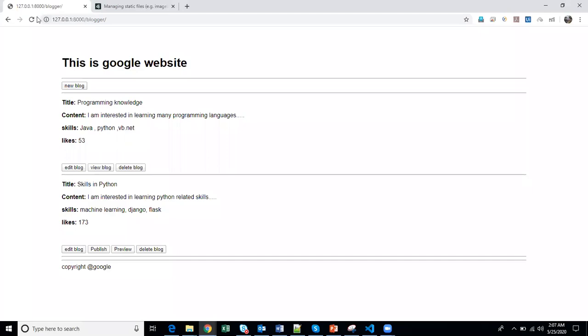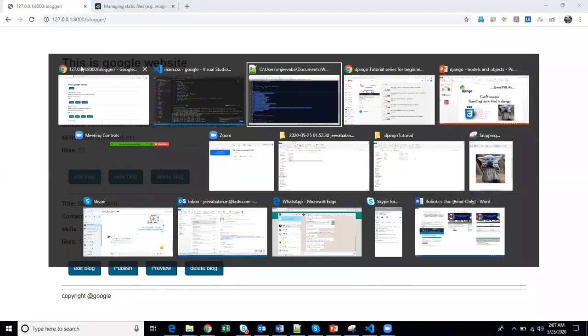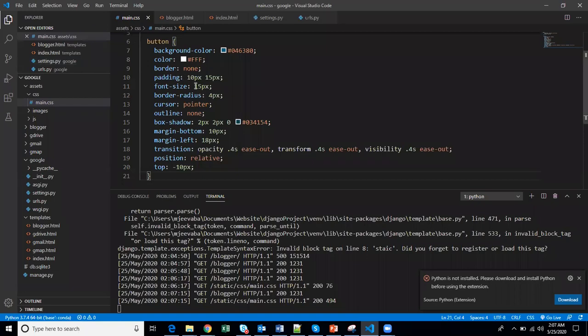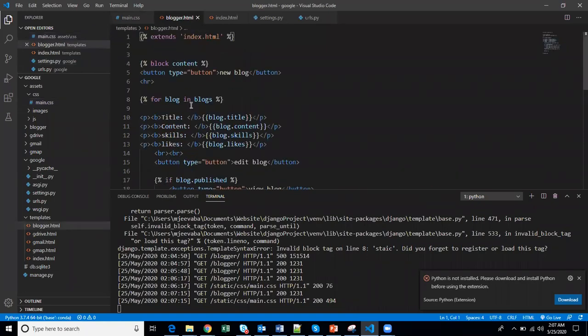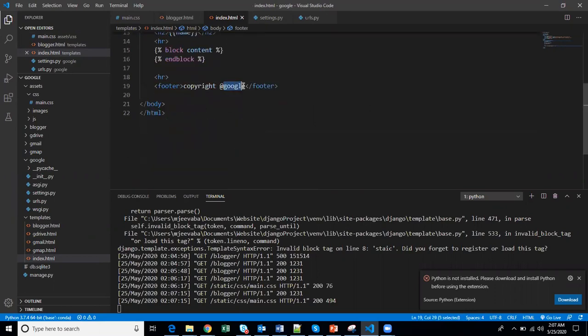Immediately after changing it, you could see the button is good. So this is how I might change this site name. It's no longer meaningful, so just have this here as a Google site. Instead, I will change it to our YouTube channel name, and the copyright also to our YouTube channel name.